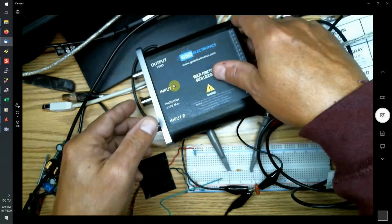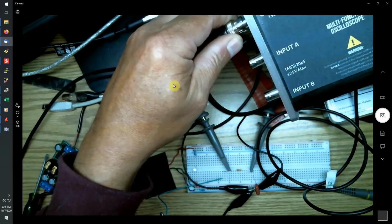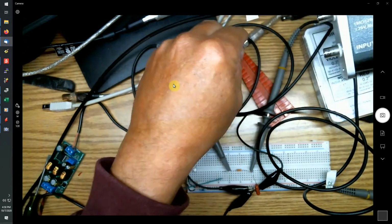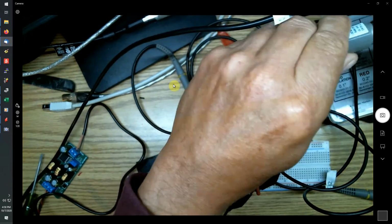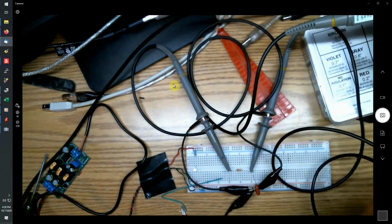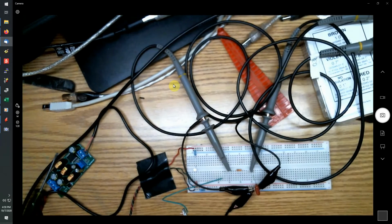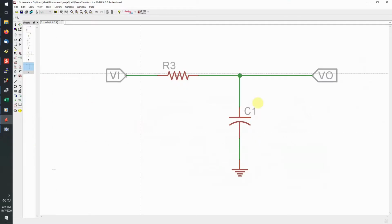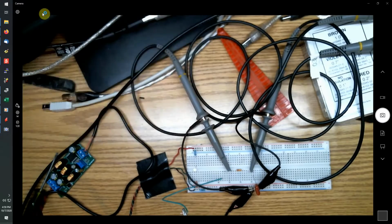So we've got it plugged in. I'm also going to plug in a cable to the output for the generator output. I'm going to put one of the scope probes on input A and the other scope probe on input B, and they're wired up to this little circuit here, which is effectively just an RC circuit. What we're going to do is run the program,